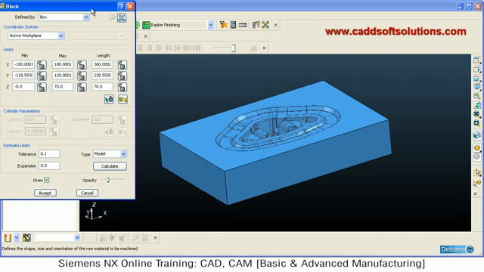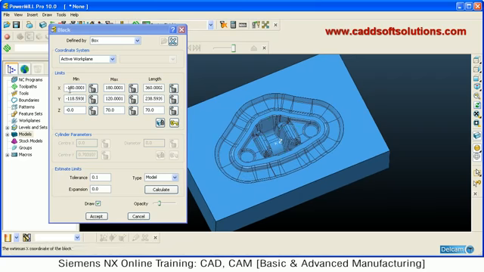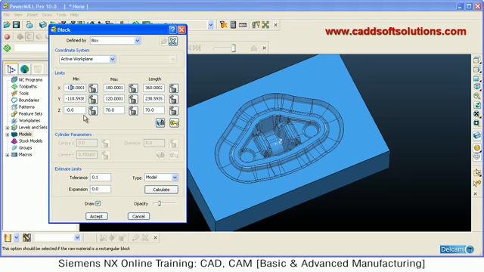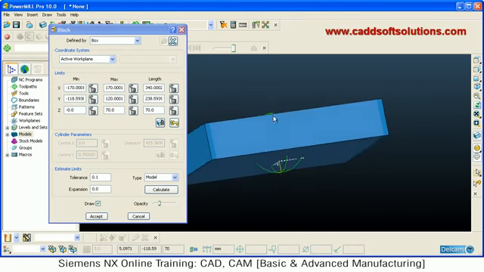In the X direction, suppose I want to reduce the size of the block by 10 mm. Here you have X, Y and Z. I can directly subtract 10 from X, so I am making it 70 and max also 70. Here you can observe that the block size has reduced by 10 mm. In this way you can control how much it should change. You can change the XYZ coordinates, and as per that you can increase or decrease the block size.